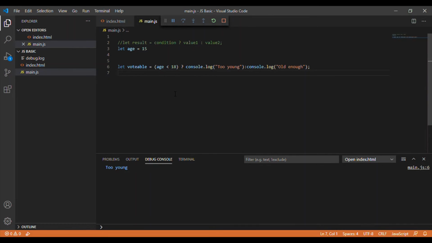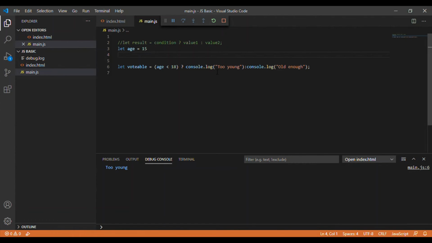So now we'll check the conditional operator. So what is the conditional operator? Here is that particular statement we can see. Put here the condition, and put the value 1 and the value 2. This conditional operator is also compared with an if-else: if this is the condition, then this is value 1, else value 2.